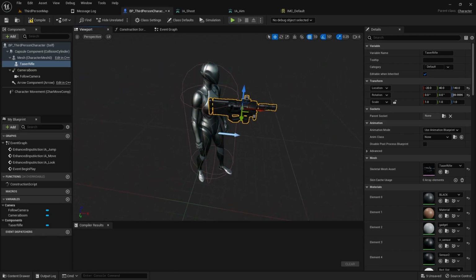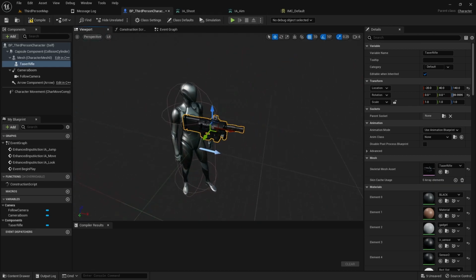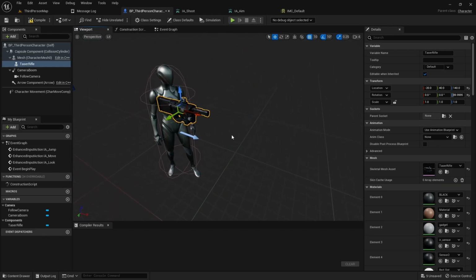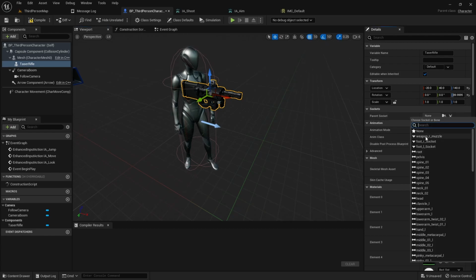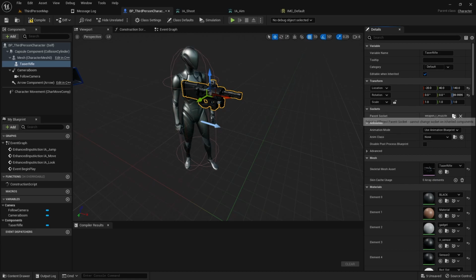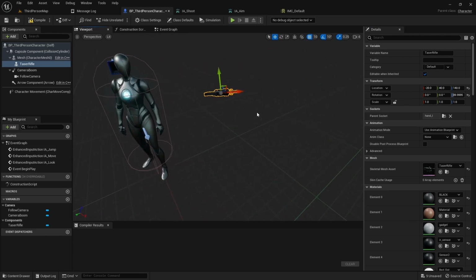Yeah, that looks okay. Obviously, normally you'd want animations to actually be able to control this, and then set a pivot point, like a parent socket. If I were to select a right hand or a left hand, let's do hand, this would actually parent it. It's got an offset now, but if it didn't have the offset, it'd be basically wherever your pivot point is, it'd bring it to the hand, and then you get that jitter and rotation, and then whatever animation you set